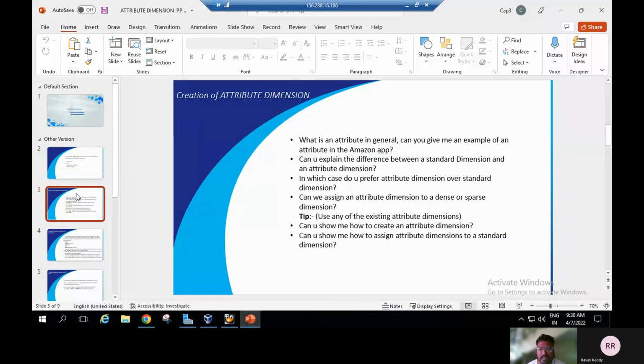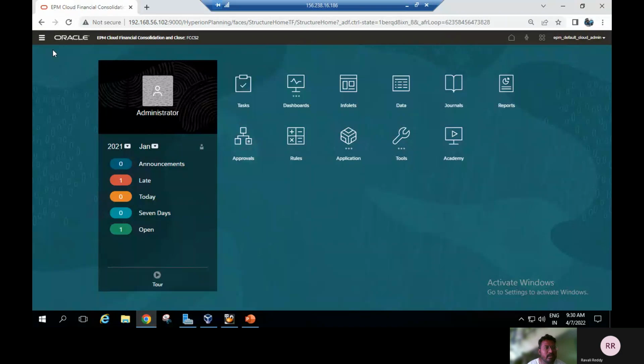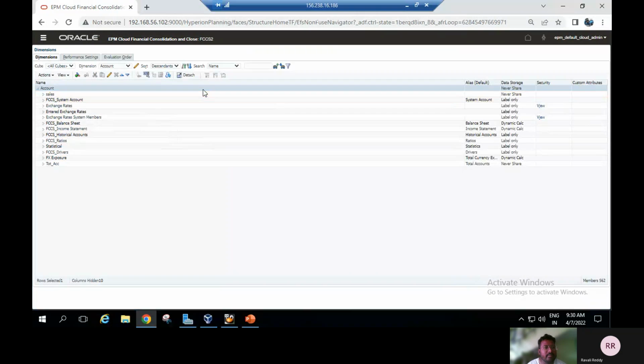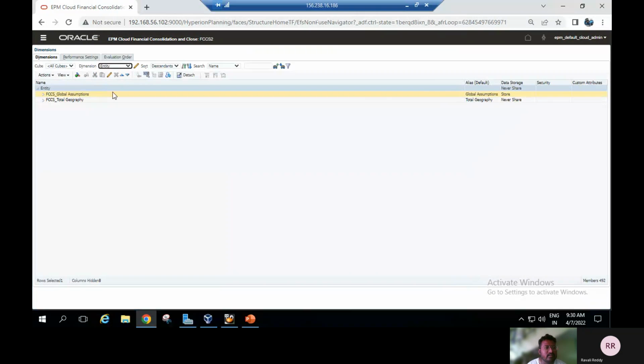Can you show me how to create an attribute dimension, and how to assign an attribute dimension to the standard dimension? This part I will show directly in the navigation option in the application. For that you have to select the application, under that select the navigator, under Create and Manage you can see the dimension option. Select the dimension option. By opening it, based on the application, you have to select the entity, and by selecting the main parent of that entity,